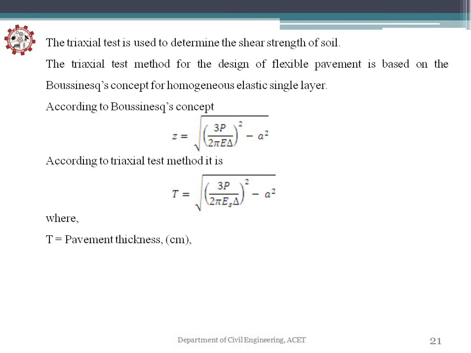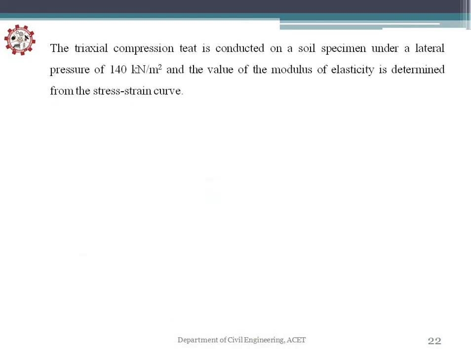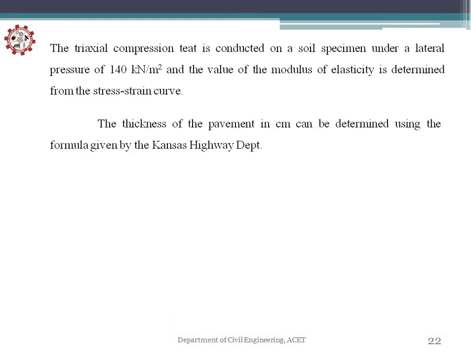Here T is the thickness of the pavement, P is the wheel load, E is the modulus of elasticity, A is the radius of contact, and S is the design deflection. The triaxial compression test is conducted on a soil specimen under a lateral pressure of 140 kN per meter square, and the value of the modulus of elasticity is determined from the stress strain curve. The thickness of the pavement in centimeter can be determined using the formula given by the Kansas Highway Department as this: